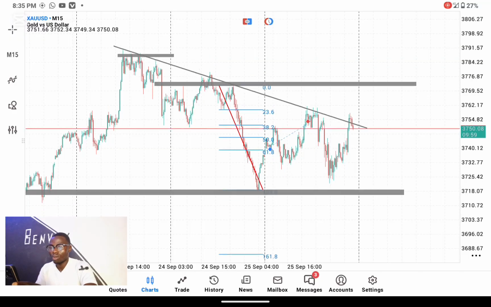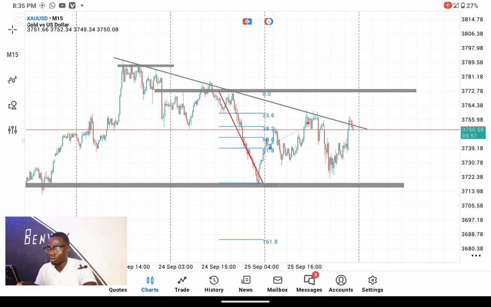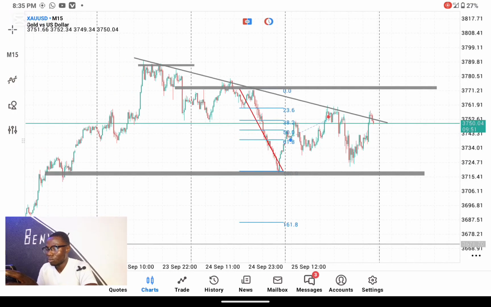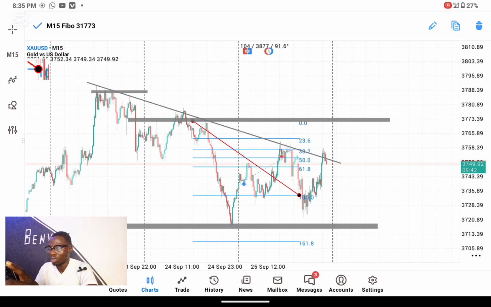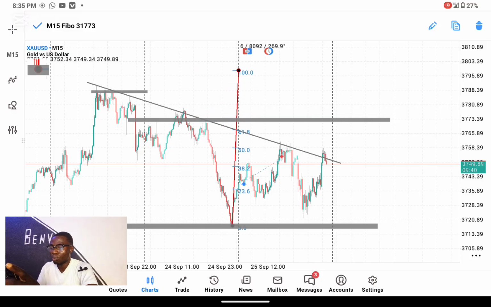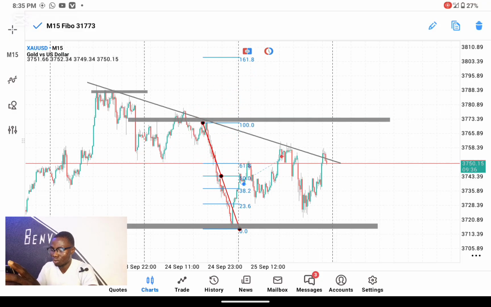So now, as the chart is falling and we want to trade, we want to join the trend. If you want to join for an opportunity for sell, then you have to turn this into the other side. You have to turn it like this. You get? Then we'll start selling from